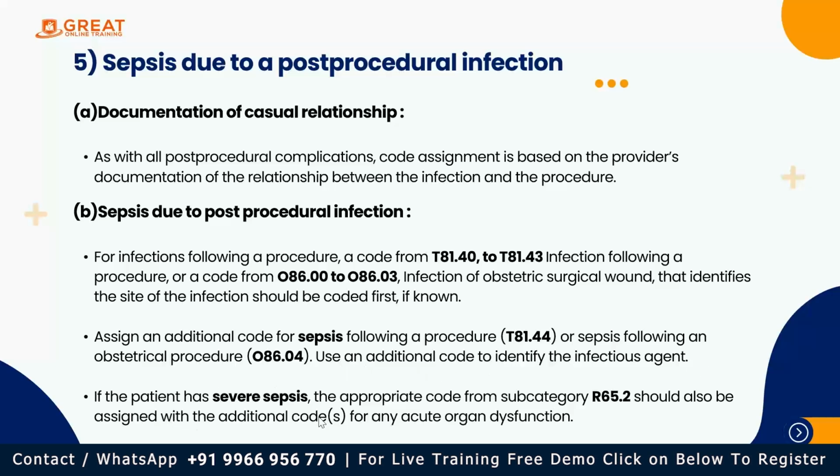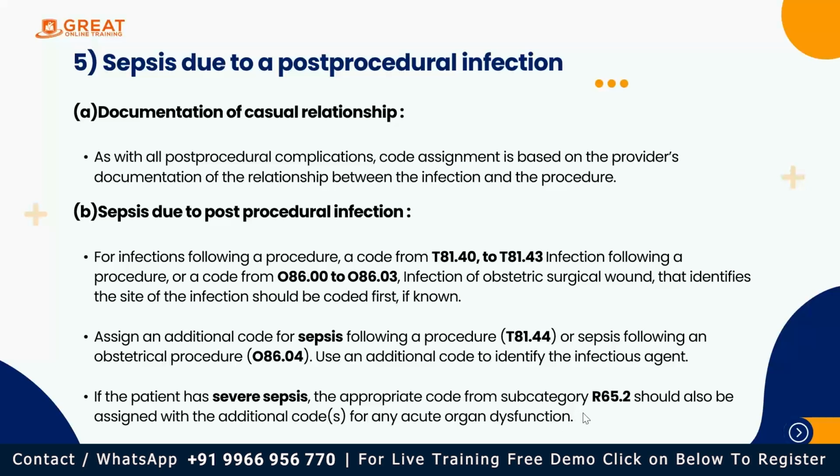If the patient has severe sepsis, the appropriate code for subcategory R65.2 should also be assigned with additional codes for any acute organ dysfunction. Whenever we are going to code severe sepsis, there is acute organ dysfunction present. So always remember that whenever you are going to code severe sepsis, your first code will be sepsis. If organism is mentioned, you have to select accordingly. If organism is not mentioned, code will be A41.9, then R65 for severe sepsis, and then you have to additionally